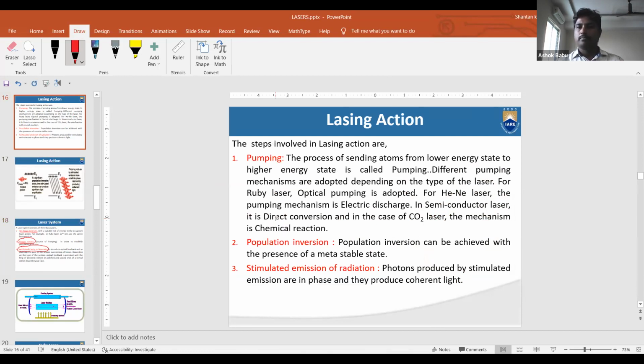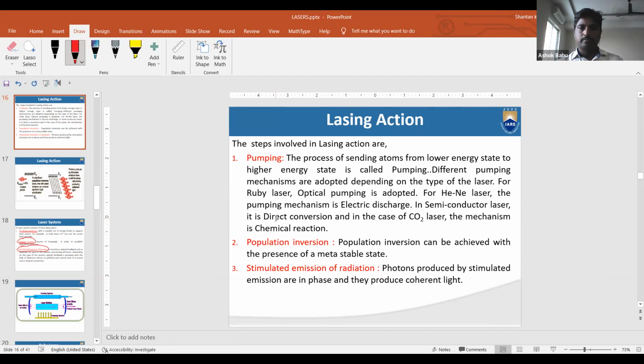One is the pumping. What is the purpose of pumping again? The process of sending atoms from the lower energy state to the higher energy state is called pumping. Different pumping mechanisms are adopted depending on the type of laser. For the ruby laser, we use optical pumping. Like that, I have given examples also. Electrical discharge is used in the helium laser, direct conversion in the semiconductor laser, and in the CO2 laser, the mechanism is